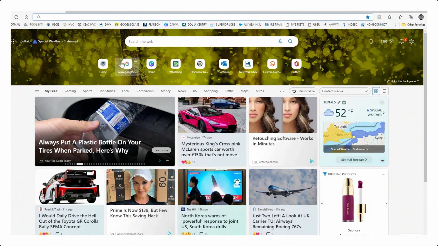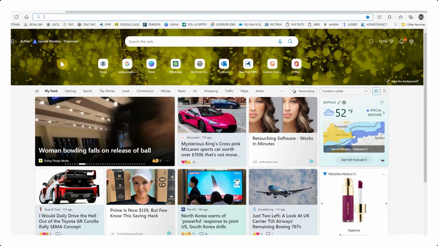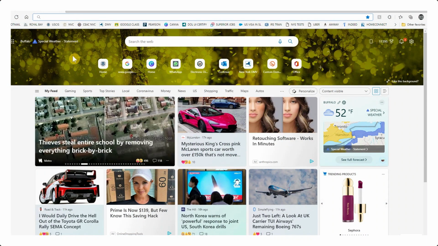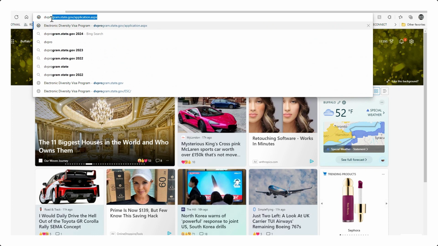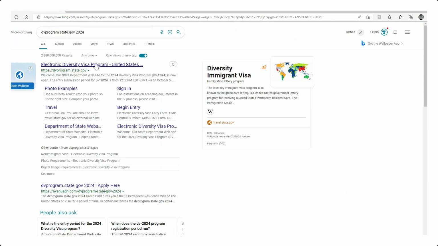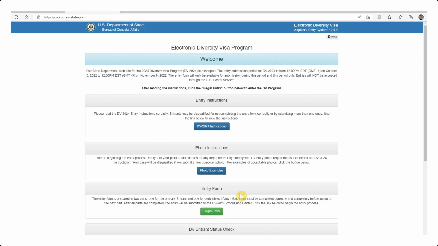Hi friends. Let me show you how I'm going to successfully submit a 2024 DV entry. Let's search for the website, DV program. Here we go, dvprogram.state.gov 2024. Let's go to the website. Before I click this green button here, Begin Entry, which is the one we want to click to make our DV 2024 entry,